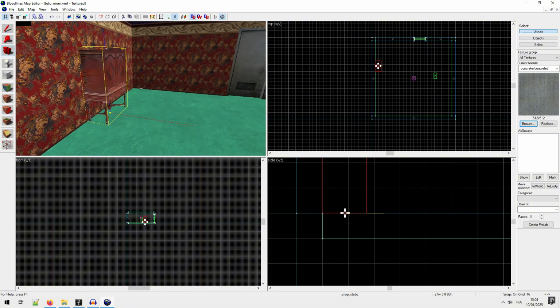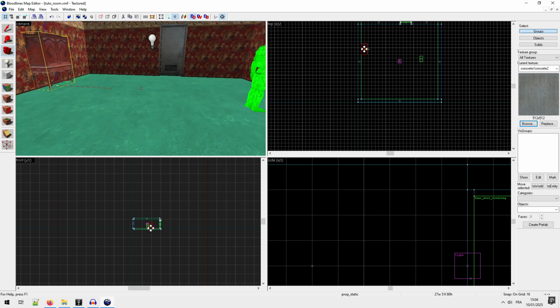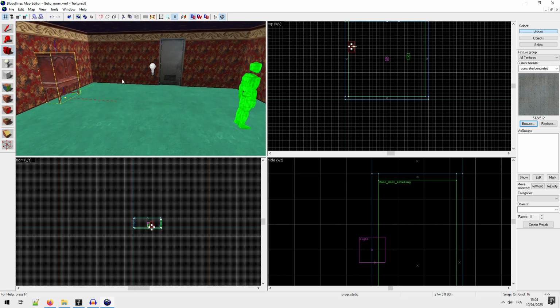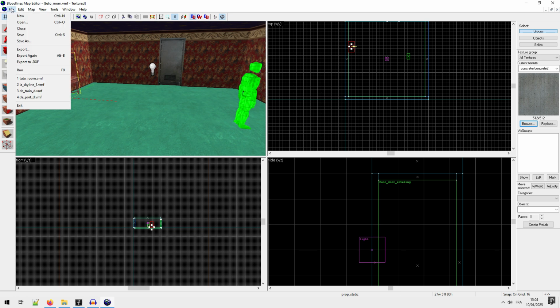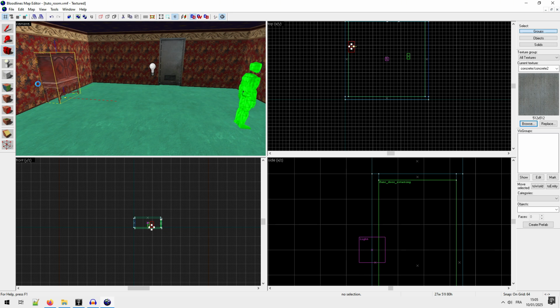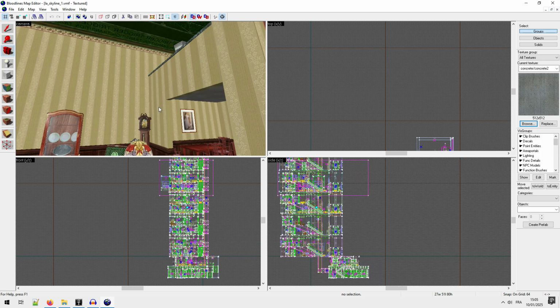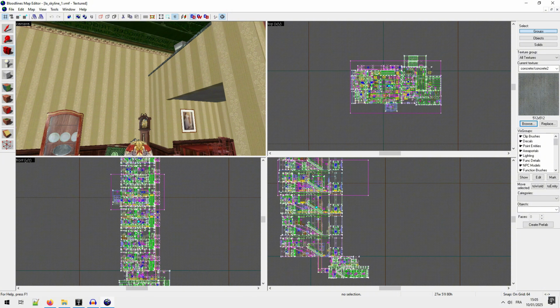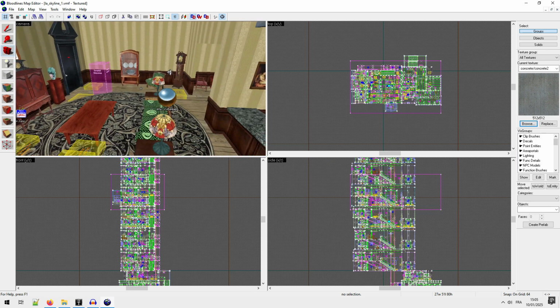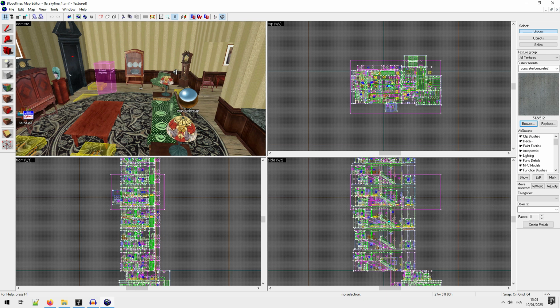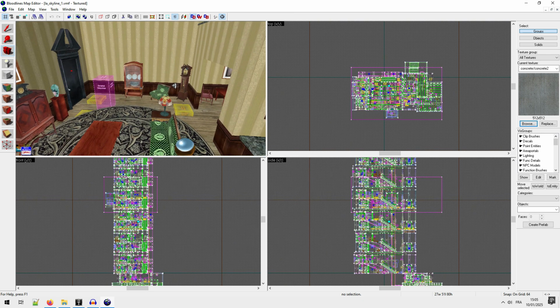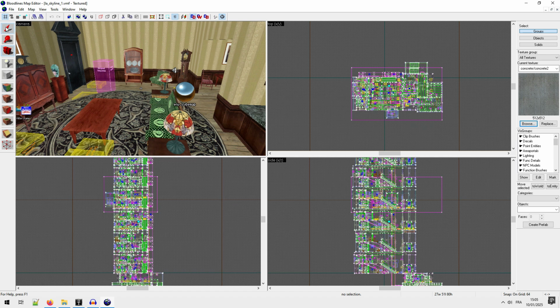But otherwise, there is another way to have it: you open a map and you copy paste everything. So I will open a map and I will see you in the time that the map is open. Okay, so it's open. And here you see you have plenty of props. And in the skyline you have plenty of different types of, let's say, haven room interior. So I pick this couch and this small table.